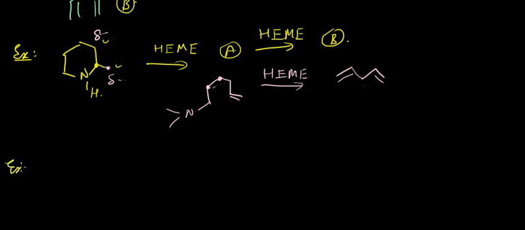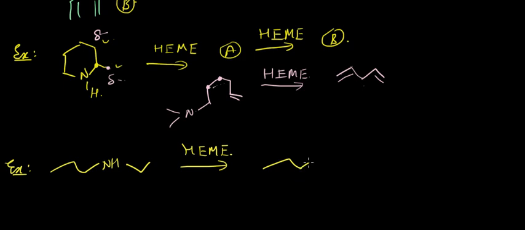Let's see another example. Here we have something like this, we pass it with HEME. Okay, so what will be the alkene formed in this case? The alkene formed will be, we can have, after we get something like this, CH3 here, next